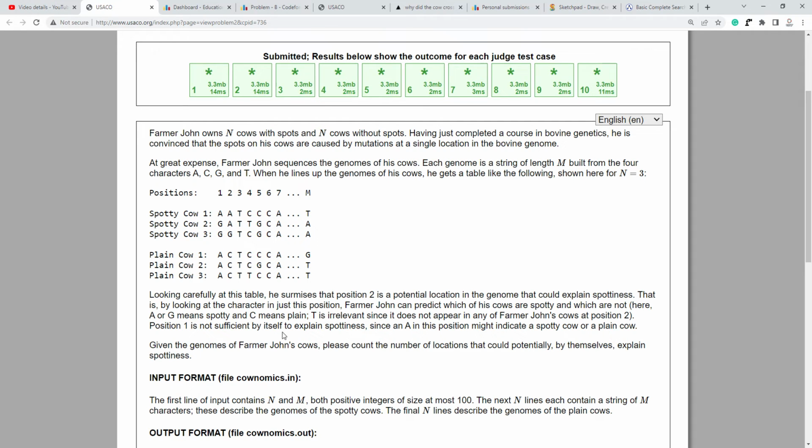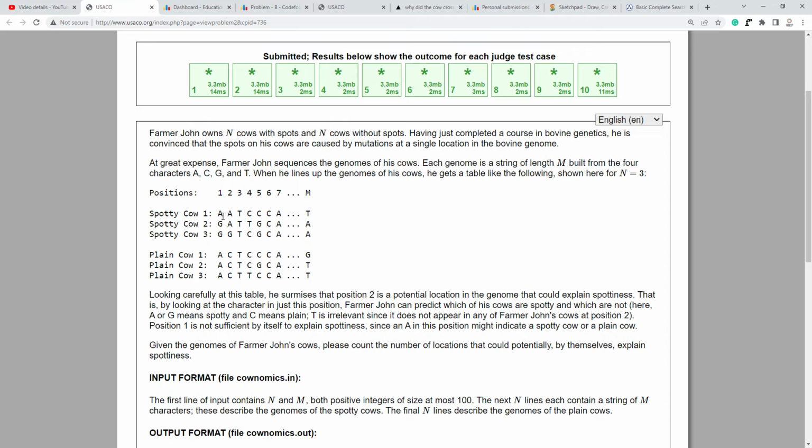Position 1 is not sufficient by itself to explain spottiness, since A in this position might indicate a spotty cow or a plain cow. So, given the genomes of Farmer John's cows, please count the number of locations that could potentially explain spottiness. So, the thing about this problem is, for every position, you want to check if